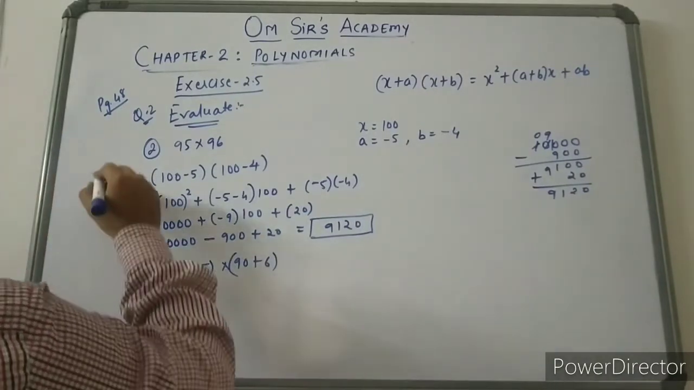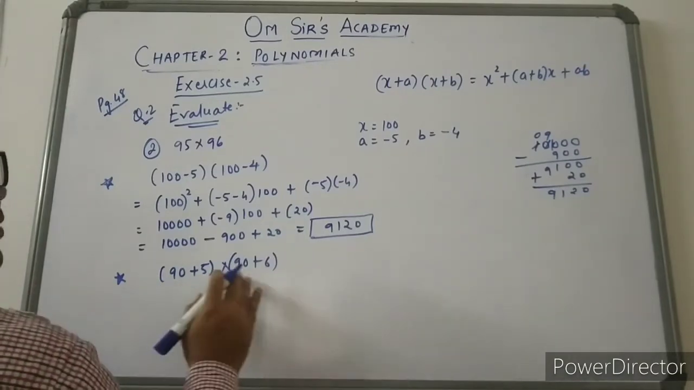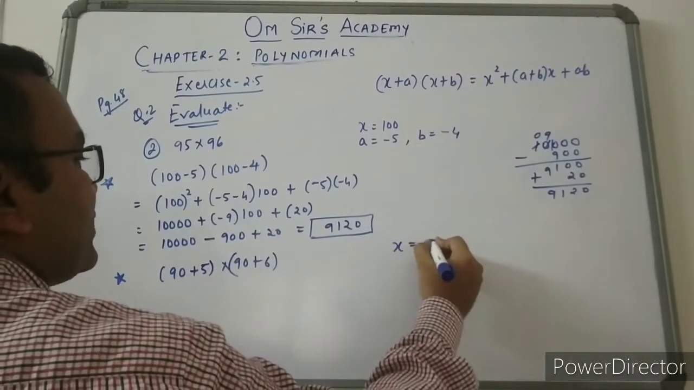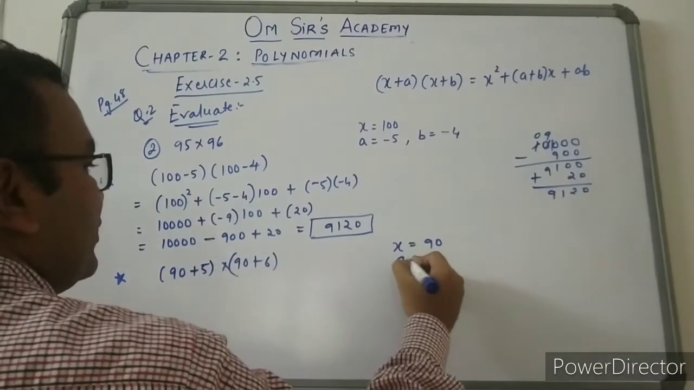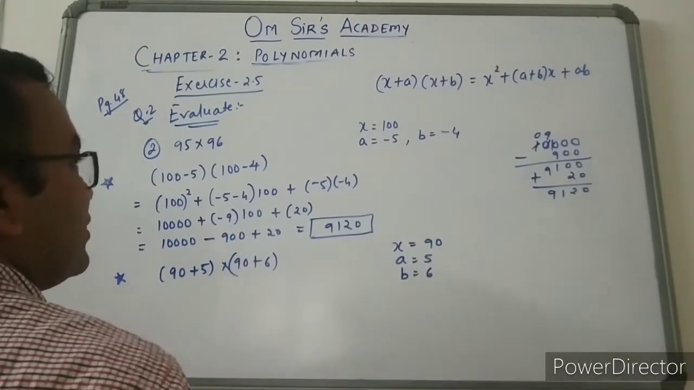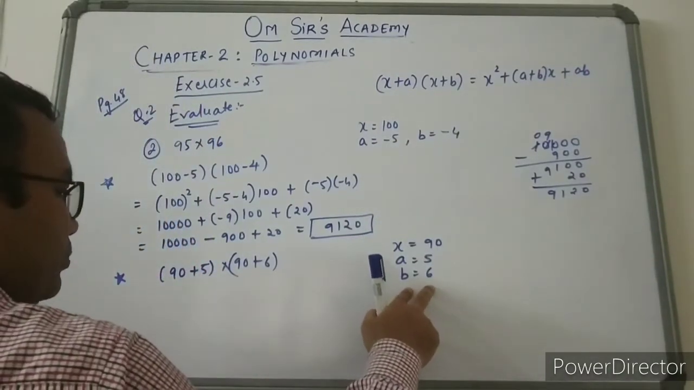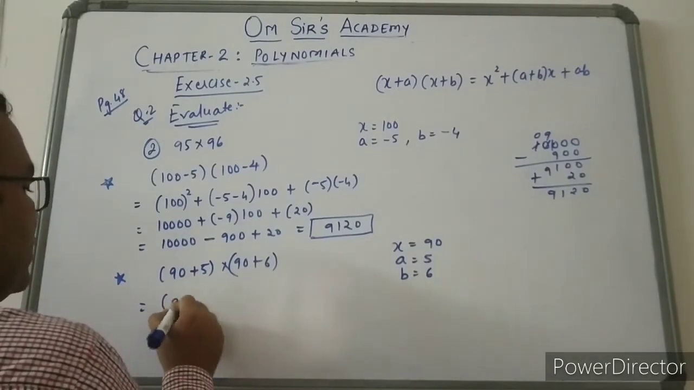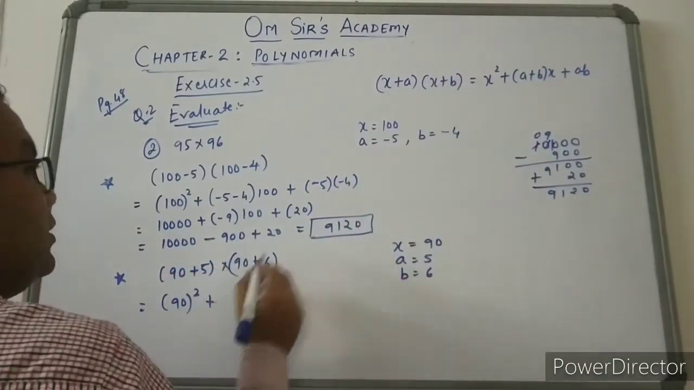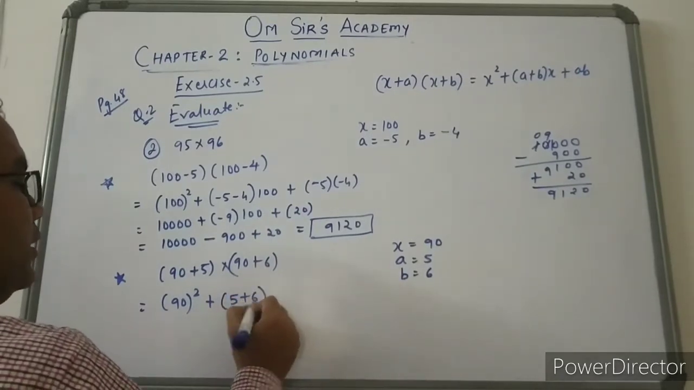Right friends? Now this was method 1. Now we are doing the other method. Okay, 90 plus 5 into 90 plus 6. But here in case of x, we are taking x as 90. Instead of a we are taking plus 5, and instead of b we are taking plus 6. Here a and b were both negative, and here a and b are positive. So let us do this sum with this method. 90 the whole square, that is x square, plus (a plus b) into x, that is 5 plus 6 into 90,